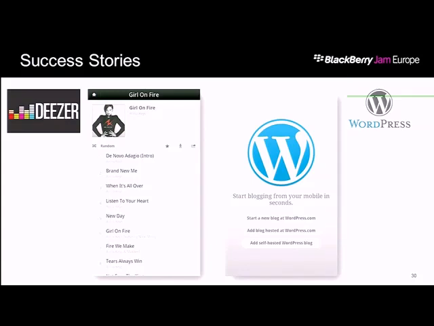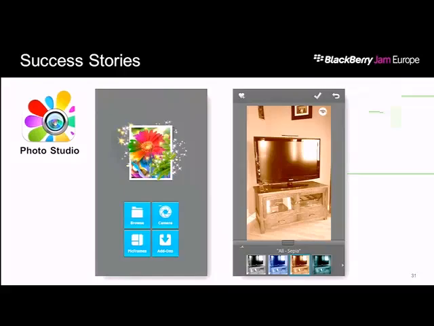Another example is WordPress. It's a really good application for creating and managing blog content from your device. And the last one is an application called Photo Studio, which is a really cool little application for doing photo editing and being able to share those photos out once you're done. So those are just a couple examples of some popular applications that are in BlackBerry World today that are finding good success